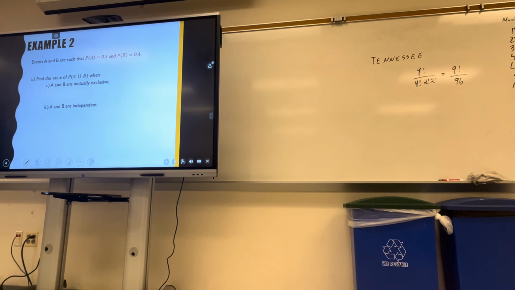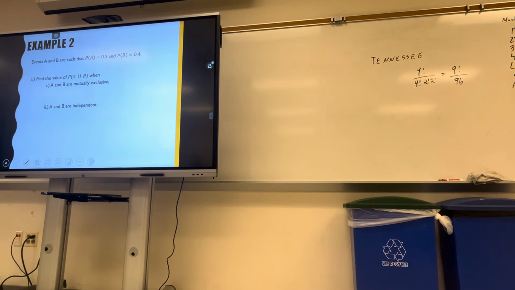IB loves to give you these probability problems where there's like zero context. You just have these abstract events. They say you have these 2 events, A and B, and all we know is the chance of A happening is 0.3 and the chance of B happening is 0.4. And then they ask you a series of questions related to those events based on formulas that we know and